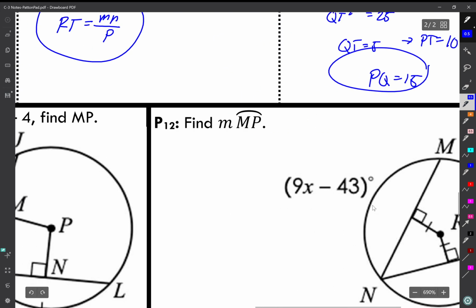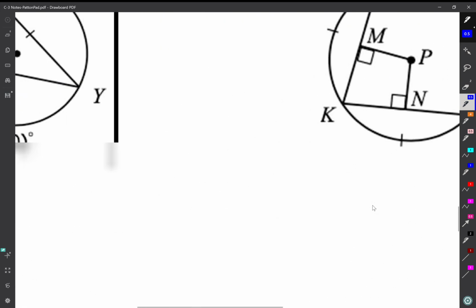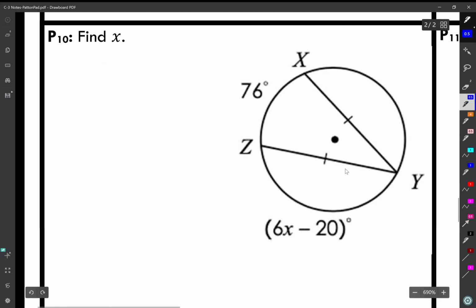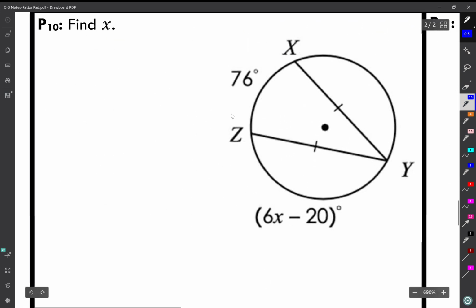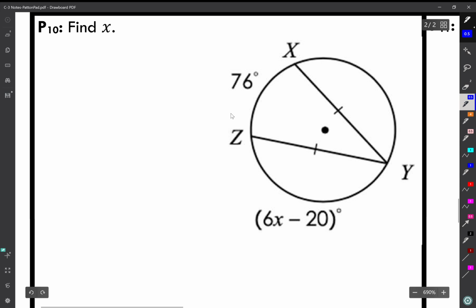Boom. Moving on. Almost finished. Number 10. Find X. So let's see. These two are congruent arcs, right? So what I'm going to do is I'm going to find this arc. Since they're congruent arcs, I know that this arc XY plus ZY is for sure going to be whatever the arc 360 minus 76 is, which is